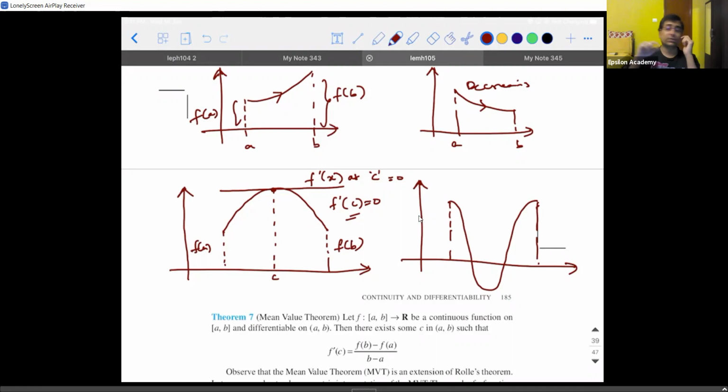So generally what happens is, at the maximum point or at the minimum point, if you draw a tangent, by default the tangent will be parallel to the x-axis. I repeat, if you draw a tangent at the maximum or the minimum point, by default those two tangents will be parallel to the x-axis, and when the tangents are parallel to the x-axis, the slope of the tangent is going to be equal to the slope of the x-axis, and we know that the slope of the x-axis is 0 according to straight lines, whereas with respect to the curve we know slope is nothing but differentiation, and that is the reason why f dash of C is equal to 0.